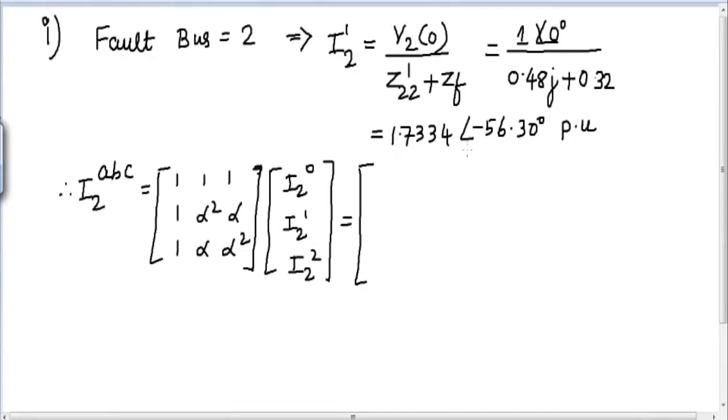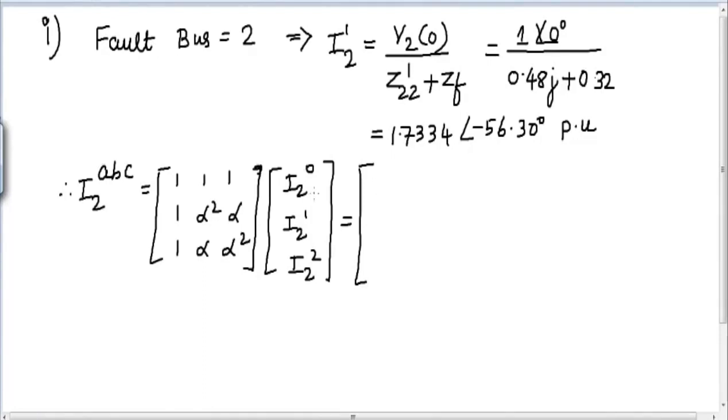Why can we not write ampere? Because all the values that we have considered here are in per unit terms, right? So we cannot write these values directly in ampere. All these are in the per unit system. Next, calculate this and reply what is the value of